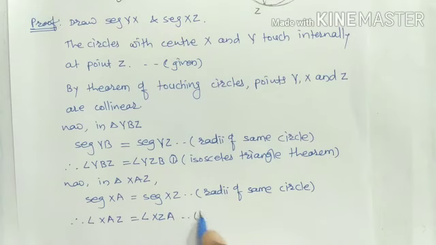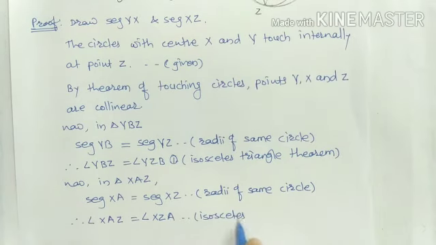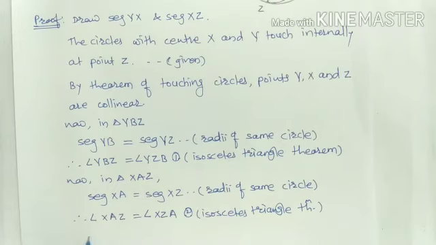This is the isosceles triangle theorem. Number 2. From first and second,